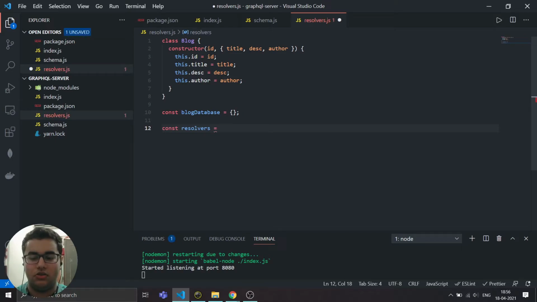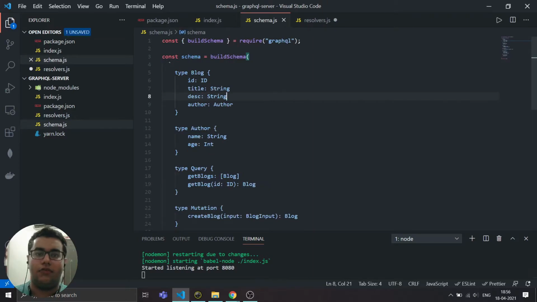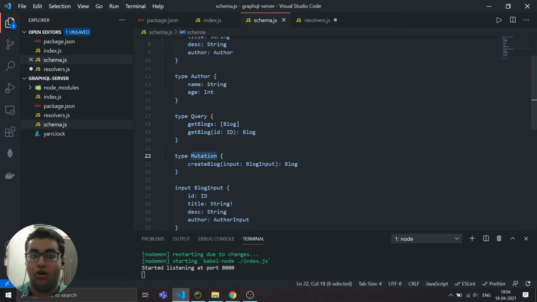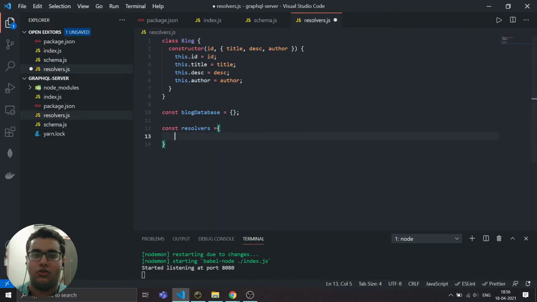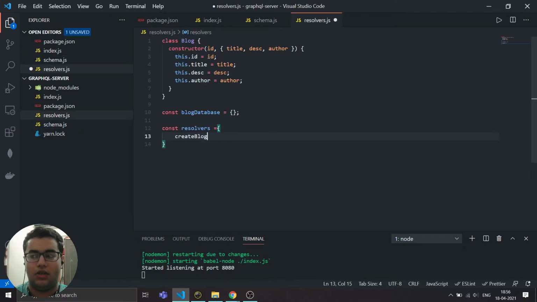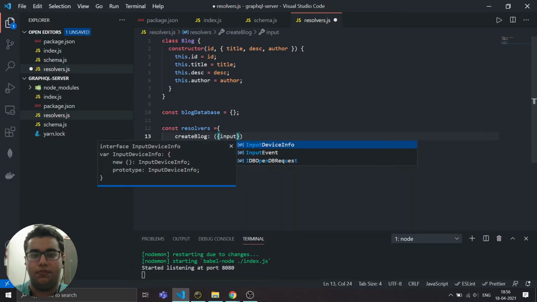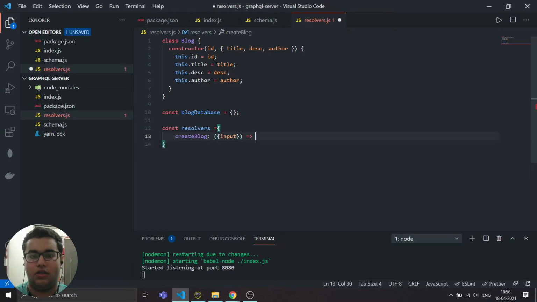The resolver is basically an object, and inside the object we will have multiple functions. The first function that is coming from the schema is createBlog. So let's create createBlog, and it will take an input and is a function.